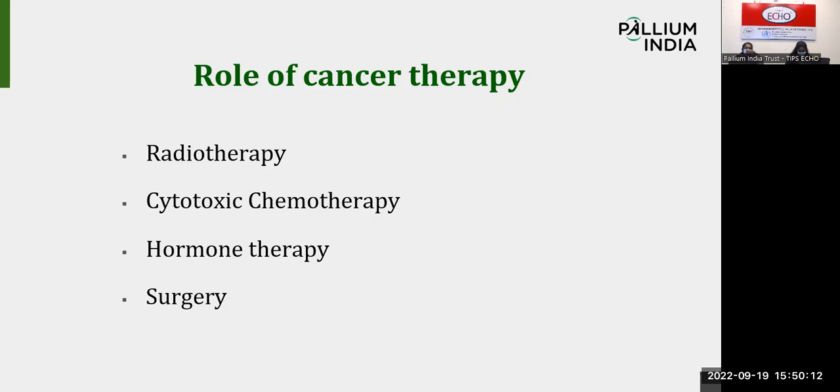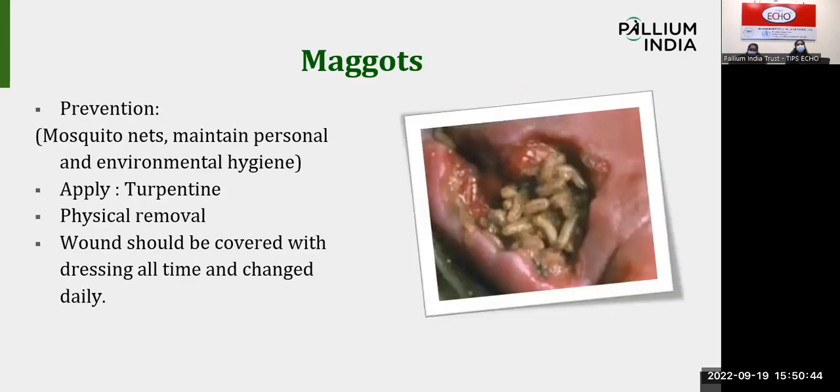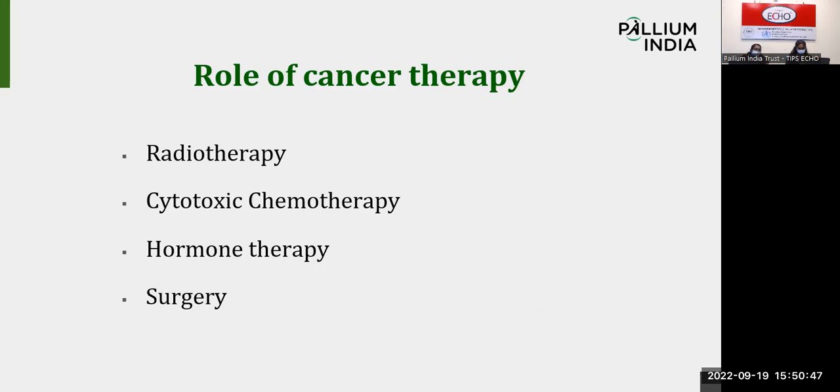The role of cancer therapy is radiotherapy, cytotoxic chemotherapy, hormone therapy, and surgery. Surgery is debulking surgery. If the patient's health condition is okay, you can think about that also. Radiation, cytotoxic chemotherapy, and hormone therapy all help to reduce the size of the tumor. That way we can prevent bleeding. So coming to the maggots part,